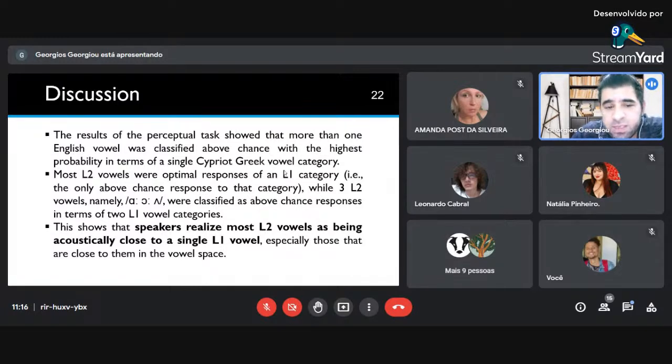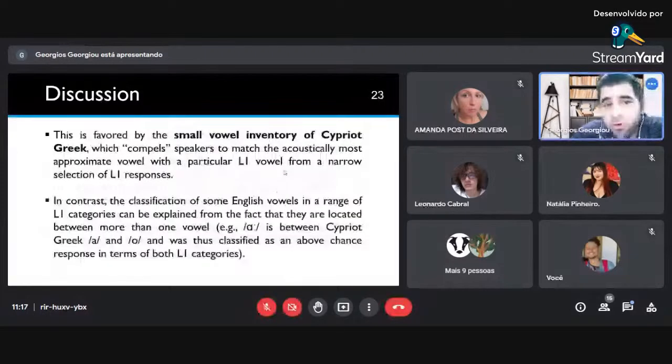So this shows that speakers realize most L2 vowels as being acoustically close to a single L1 vowel, especially those that are close to them in the vowel space. So we didn't have classification of second language vowels to several L1 categories. Most of them were categorized in one L1 category. This is favored by the small vowel inventory of Cypriot Greek, because there are only 5 vowels, which